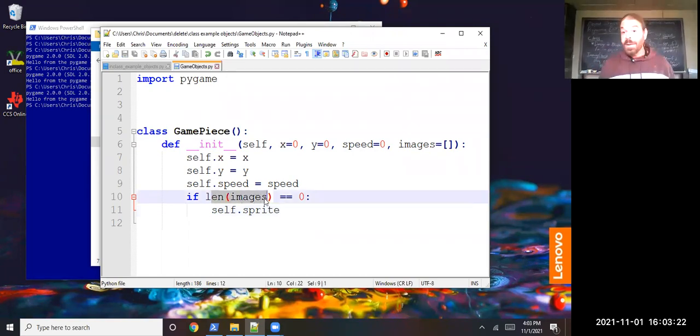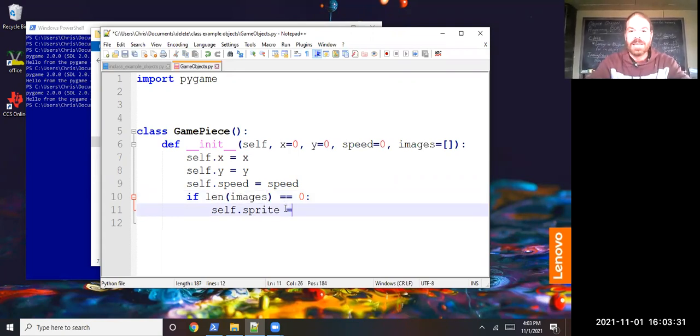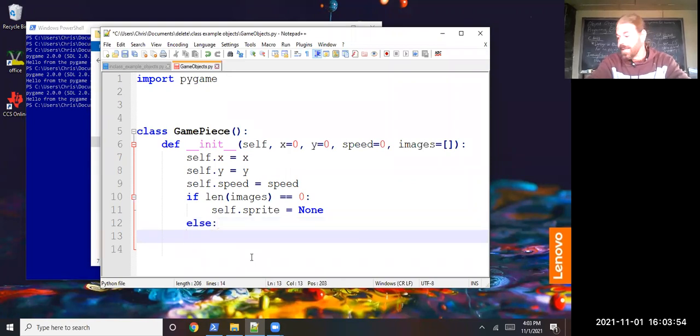But there might not be an image at all. So if there's not an image, then we want something we can explicitly check very easily to see if there is none. So really, we want a null value. We want that empty. We want that less than 0. So empty there's not even a less than 0. In most languages that's called null. In Python we call it none. And then we can just check if the sprite is none. Otherwise, we can just set